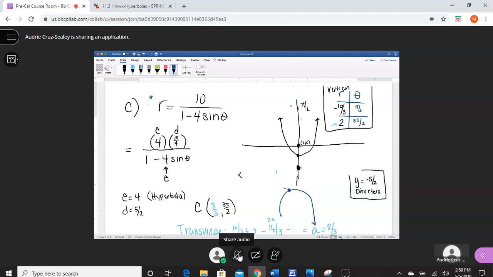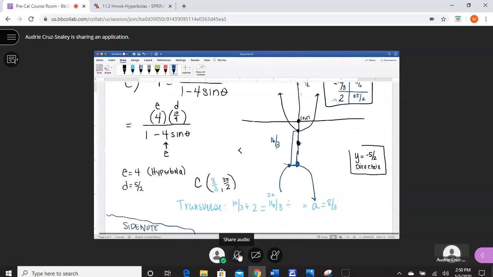Here's the vertex. From this vertex to this vertex is 16 thirds. That is the length of the transverse axis. I'm fine with that. You did the 10 thirds from the first vertex plus the 2, and you got the 16 thirds. Half of that would be 8 thirds. So do you agree with that? Halfway in between here is 8 thirds distance